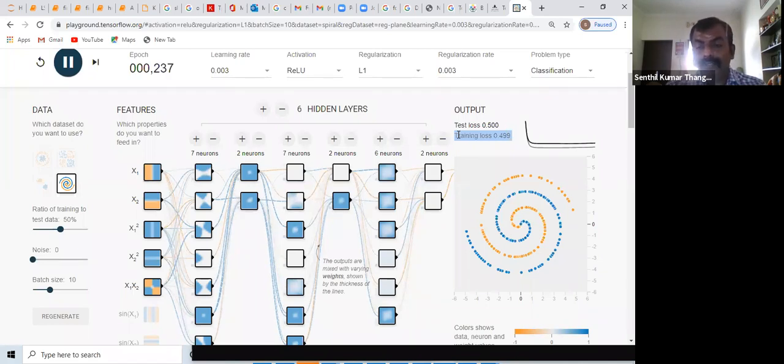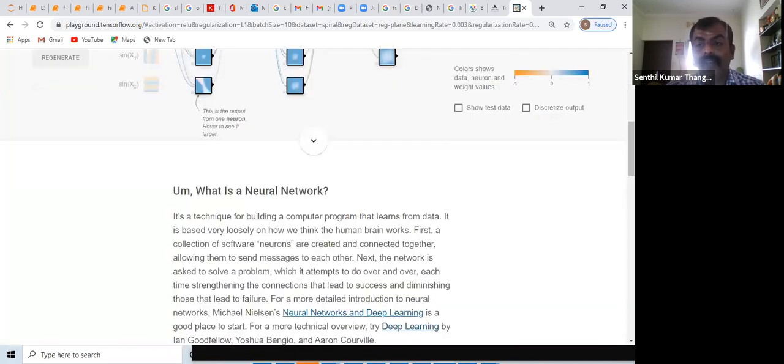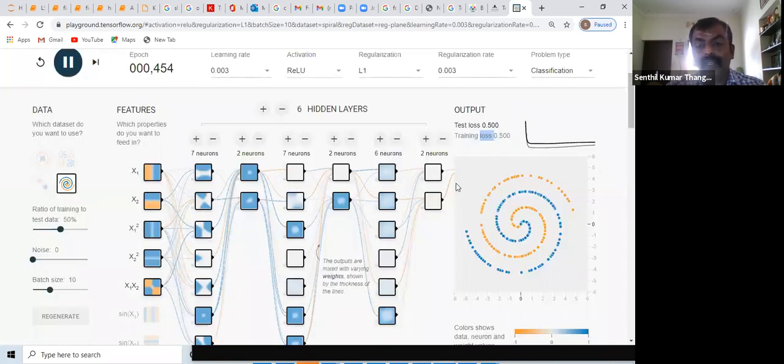When this becomes minimal, the accuracy at the training and testing level is also high. Both are inverse. So training loss and test loss have to be minimal and accuracy has to be high. That's the advantage of going through the steps. What I'm showing you is a set of parameters that are being provided. This is not an interactive environment where you can write code. It's just for you to quickly understand what happens in a deep learning approach.